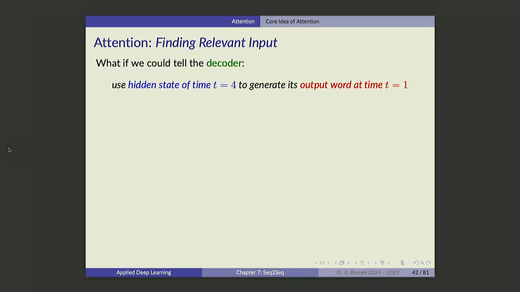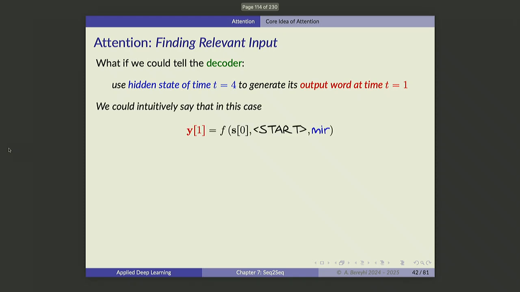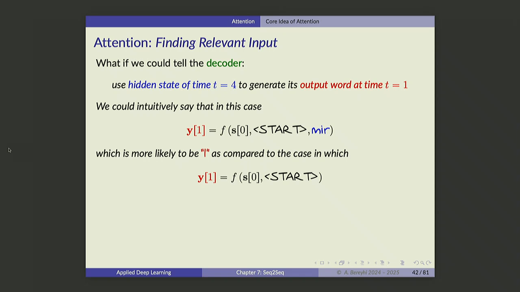That was the idea. As I said, if you have this attention, so you know that you are talking about this last word inside the German sentence, the chance that your first output is "I" is higher compared to the case where you do not put any attention, and you simply talk based on the context that you received. S0 here is what you just encoded with your encoder and gave to your decoder. The second line that you see here is basically what we have done up to this point: we just encode and give it to the